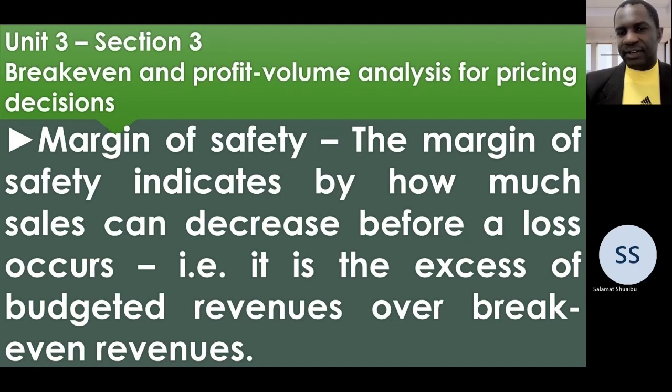So 200 packets is different. It is the sales volume you need to break even. Now, with that 200 packets, if something goes wrong, you may not break even, you slide into a loss. So you may have a slight margin of safety to say, I need to sell 210. That will be a little bit above the break-even level. So you don't want to stay at the break-even level, in case something happens,